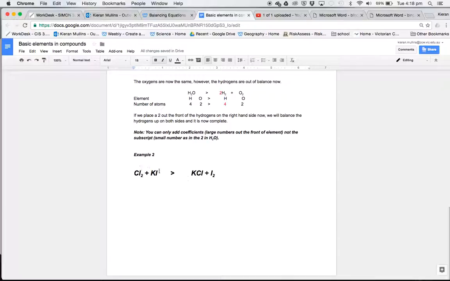Straight off the bat, I can see that there are inconsistencies and it's not balanced, because I've got two chlorines here, one just here, one iodine over here, and two over here. So it does need to be balanced, obviously, otherwise I wouldn't be doing this tutorial. That's a no-brainer. So I'm going to start off by doing what I did in the last tutorial,